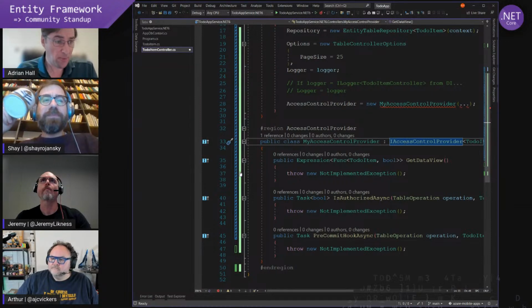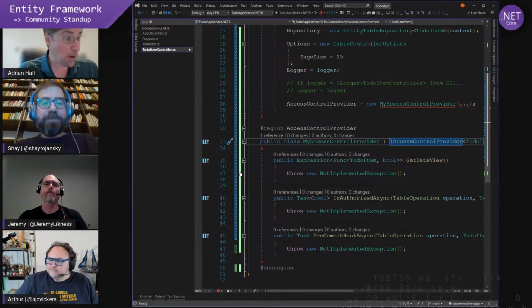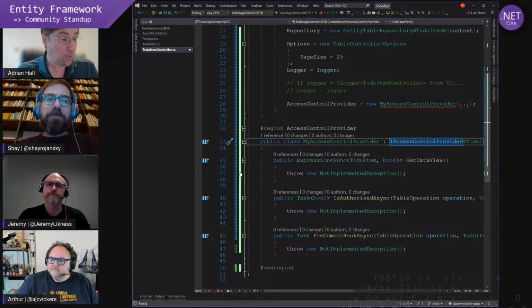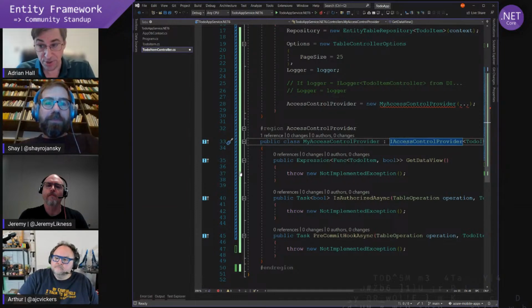So it's fairly common to say I can only view my records. If you've got a big database and you only want someone to see their own to-do items, that's a very common thing. But you can say, I only want to see things that my group can show, or I only want to see active records, or whatever it is that you want to do. You can specify a where clause here to get the actual data view.